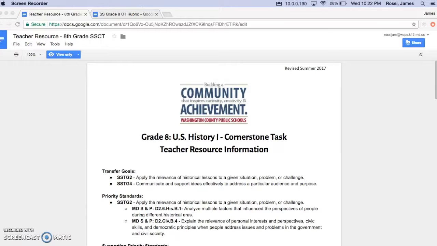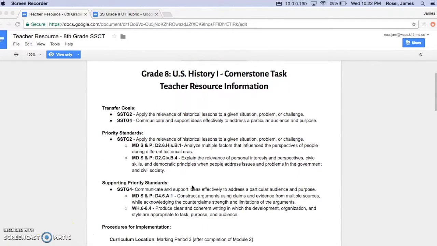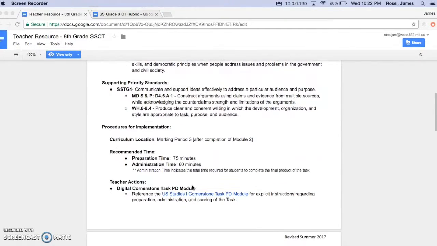The cornerstone task teacher instructions, found in Module 2, Foundations of Government, provide additional resources for students that may need more scaffolding to successfully demonstrate transfer. There are links to a variety of graphic organizers that you could offer for students to use while planning their closing argument. There are resources on how to write closing arguments from both the defending and prosecuting points of view,